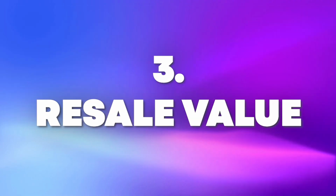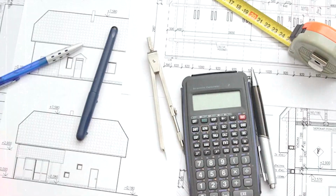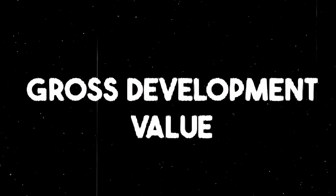Consider the resale value. So the resale value is important. If it's an investment, you may determine the resale value as being the GDV, which is the gross development value. And it's important to understand this because you want to know exactly how much you can resell that property for after you've purchased it. So you can determine that by looking at the surrounding area, making sure that there's a